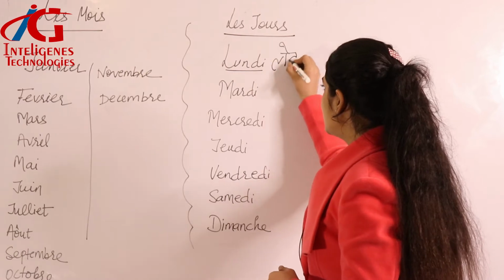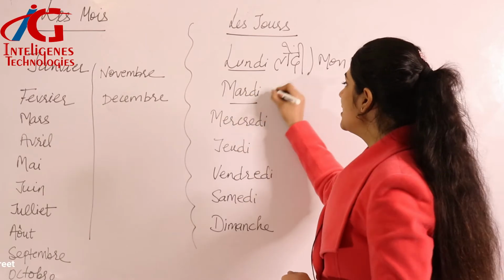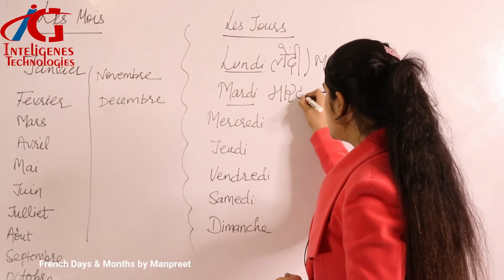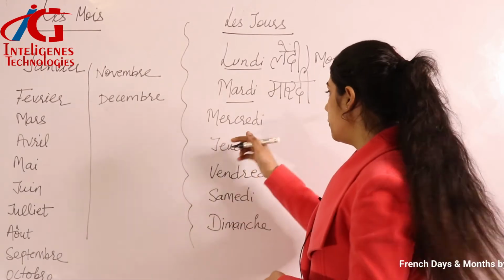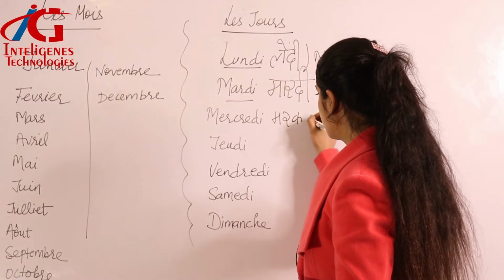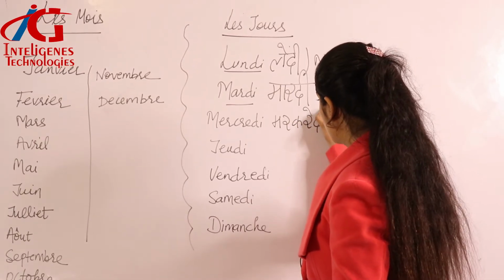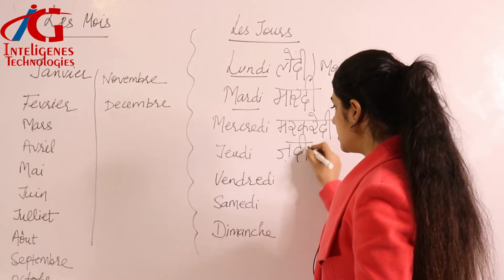This is lundi, which is Monday. This is mardi, which is Tuesday. I'm writing in Hindi to make it more convenient for you for the pronunciation. This is mercredi, jeudi, which is Thursday,